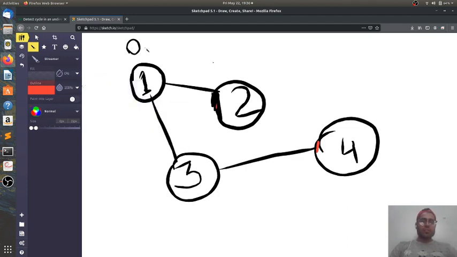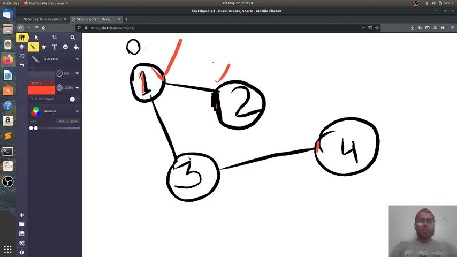See, we'll start from the node 1, right? There's no parent to it. Say the parent is 0, so 1 has been visited. Now we are doing DFS, so we'll recurse further into it. We'll see its child node is 2. Now 2 has only one neighbor, that is 1, and it has been visited. So we'll check whether 1 is a parent or not. As we know that 1 is parent of 2, so it's okay.